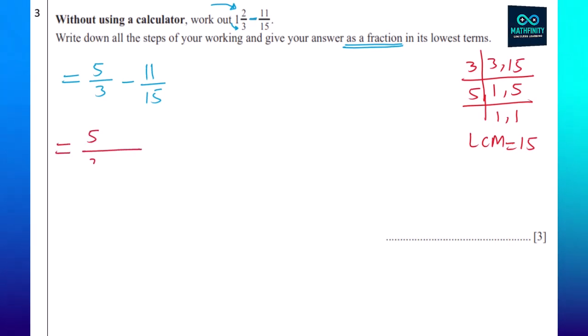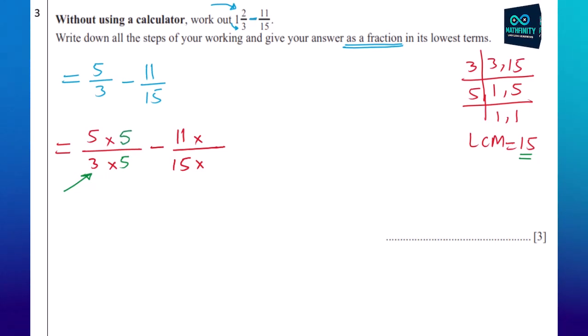So as I told you, you have to write the question as it is with the multiplication sign. 11 over 15, multiply. Okay. After this, you have to think properly what number you will multiply by 3 to get 15: 5. Also you have to multiply numerator and denominator with the same number. What number you will multiply by 15? It will be 15. So 1 and 1 if you want to write, otherwise it's fine if you do not write it. What is the answer? 25 over 15